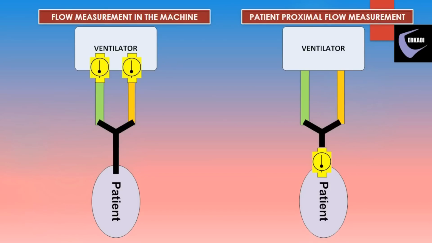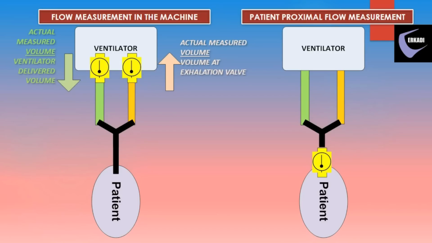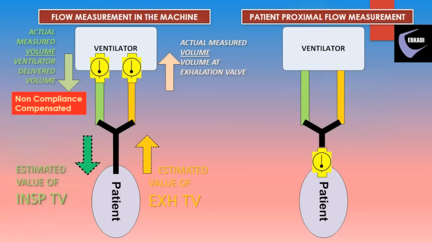When we look at the two technologies side by side, we can see that the terminologies differ and how the actual measurements are done differently. The in-ventilator measuring machines are of two types. The ones that read and report values of flow and volume from within the machine, these are the non-compliance compensating ventilators, and the ones that read from within the ventilator but estimate for unknown errors to give an idea of what may be happening at the patient. These are the compliance compensating ventilators.